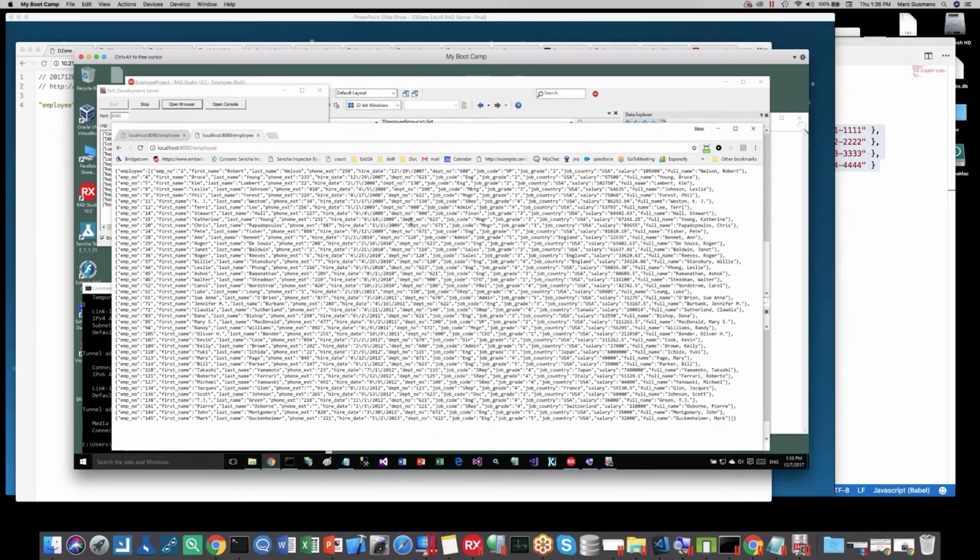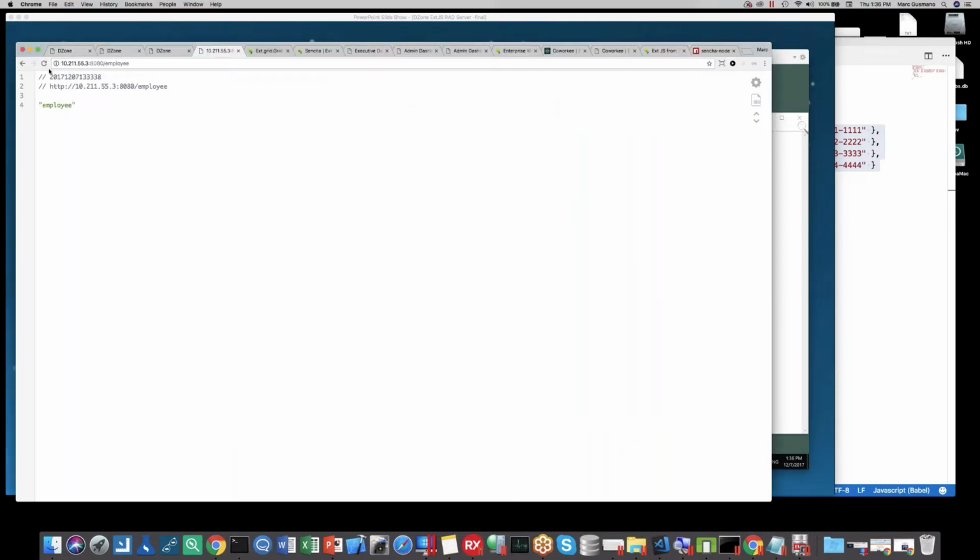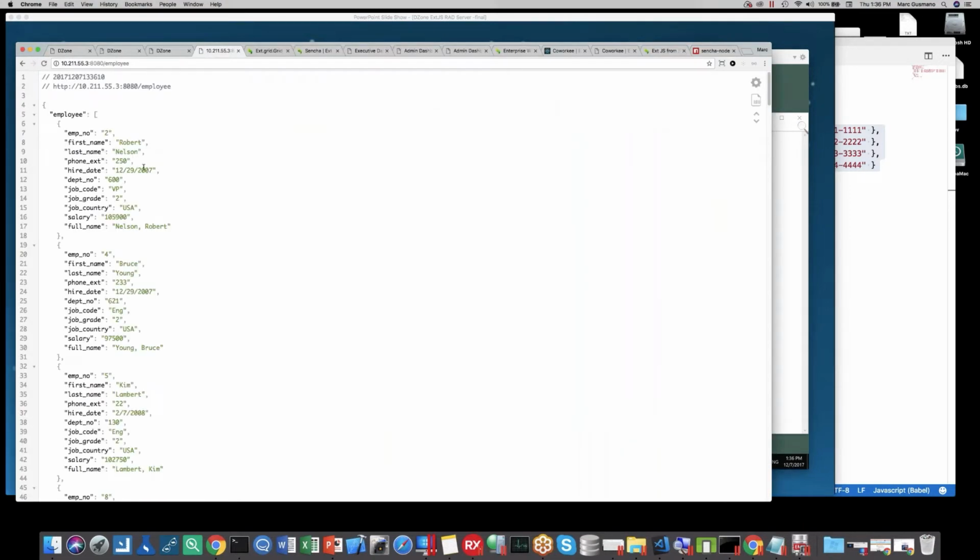I won't go into the details of that code until I show you how we work it into the client side. So let's go back to our client and refresh this page here, this RESTful call, to see that now we're retrieving data into our application or onto the client side. What I want to do now is make views in EXTJS that will consume this data. So let's go back to our application that we have written